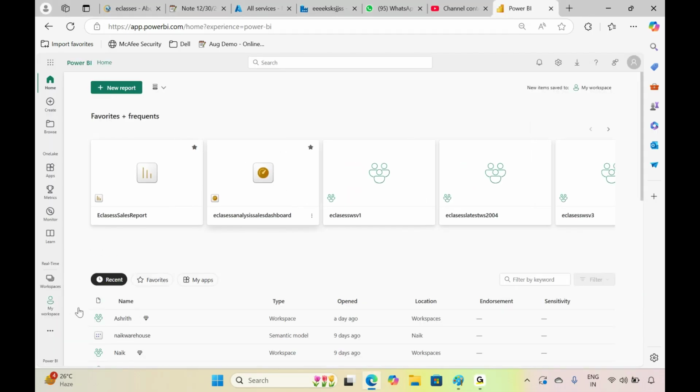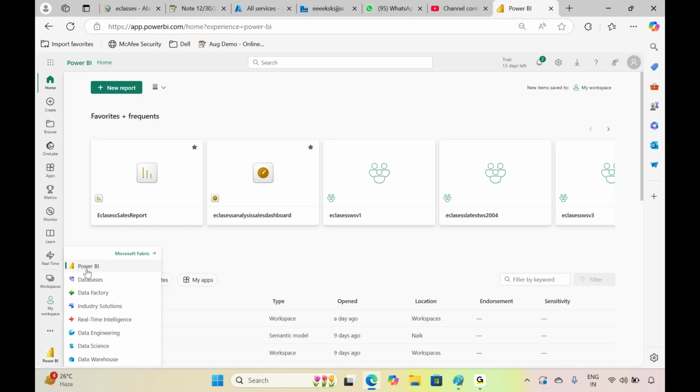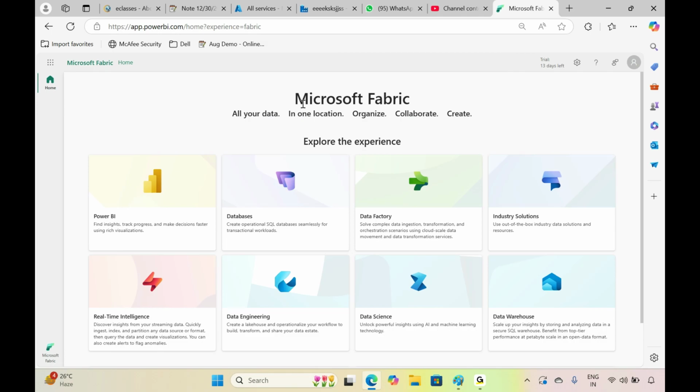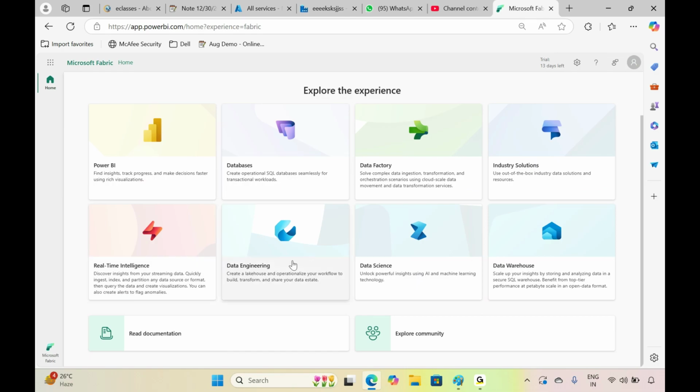So inside here you can see in the bottom you have Power BI, databases, data factory, real time, data engineering, data science, data warehousing. Let's click on the Microsoft Fabric. Microsoft Fabric is nothing but a combination of Power BI and some databases, some data factory, and some real time intelligence, data engineering, which is nothing but Databricks, data warehousing is nothing but Synapse, data science is nothing but running some machine learning models also, we can do it